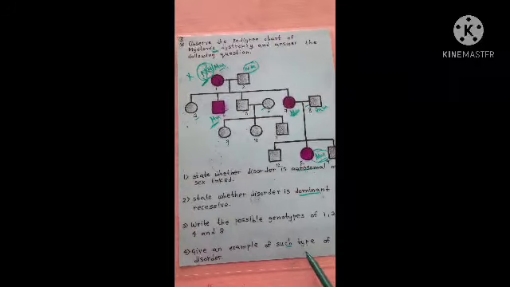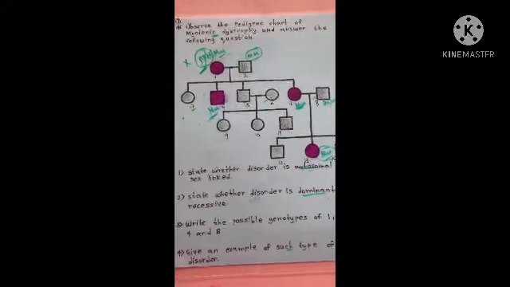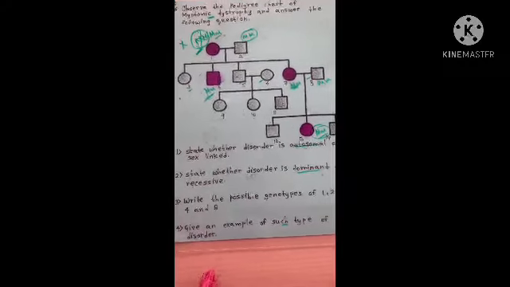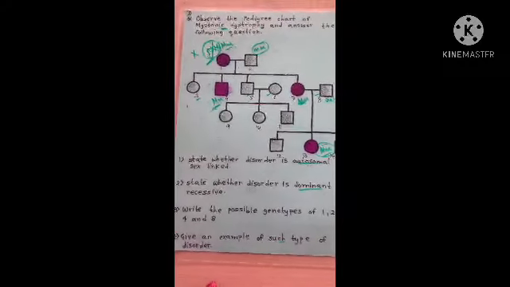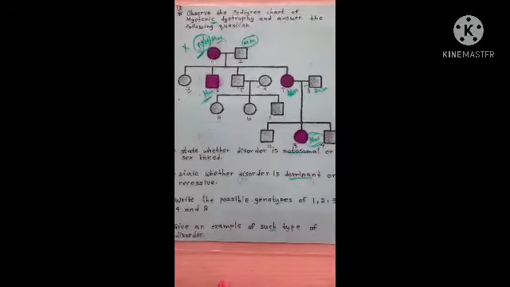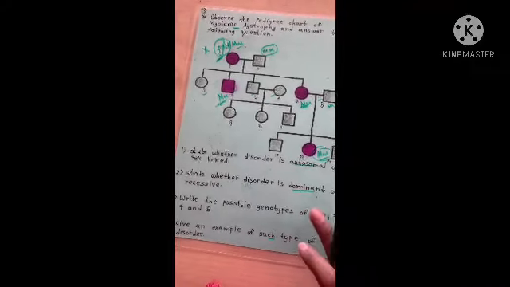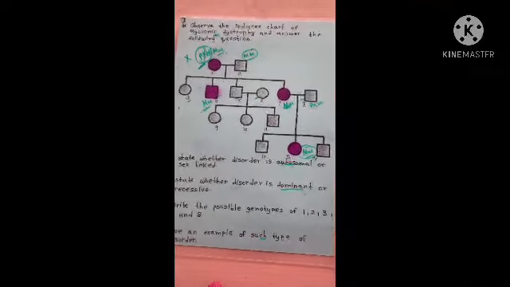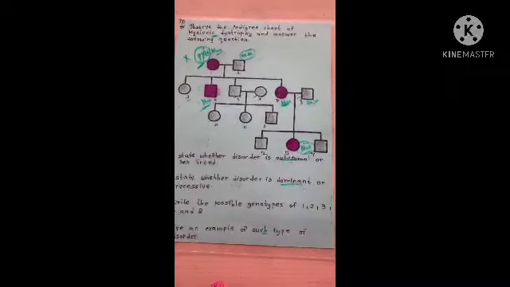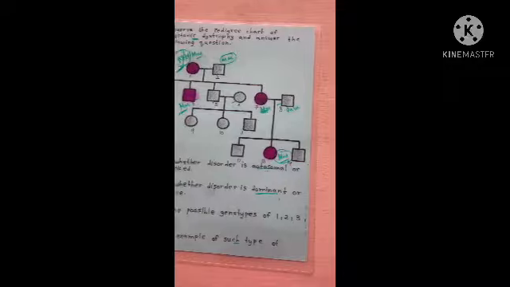Okay, such type of disorder में instead of this you can give the example of the widow's peak also is a trait, not a disorder. Widow's peak is a dominant trait, as well as the rolling of tongue is also dominant trait. Okay, so the other two examples में you can give along with the myotonic dystrophy, that is a point mutation and it is an autosomal point mutation, and it is a dominant disorder.